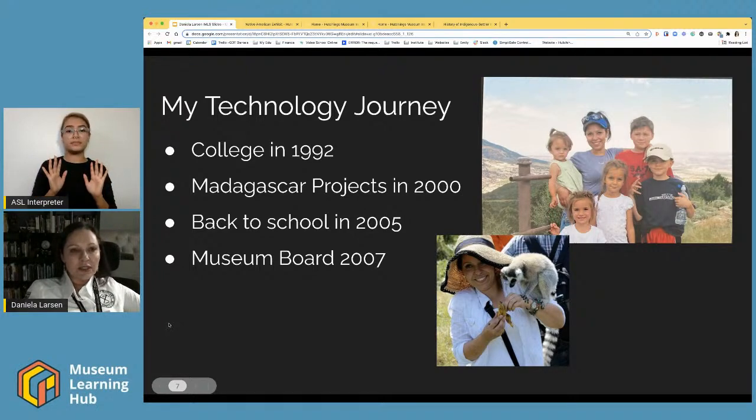I started college in 1992, and then took some time off to have my family. And my kids led me into so many interests that I never would have had on my own. I had never been interested in fossils or rocks, or things that once you see them for the first time through the eyes of a child, they become really, really interesting.